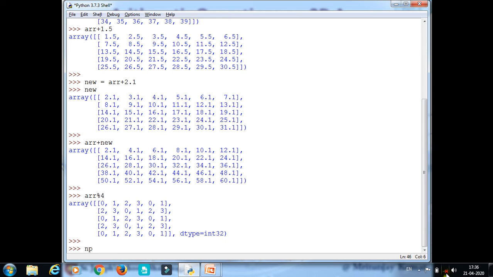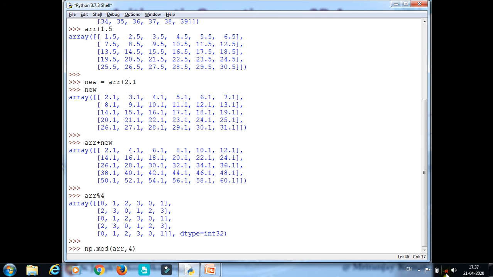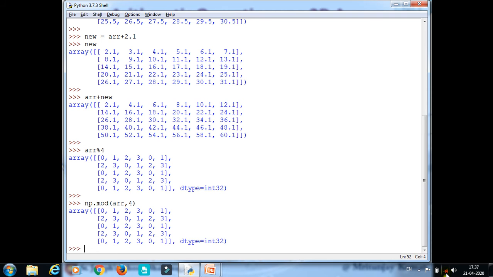I have to write np dot mod, in a bracket I have to write the array name, comma, then the number by which I have to divide, then press enter. You can see here the same output I am getting. So this way we can perform both, with the operator also, with the function also.